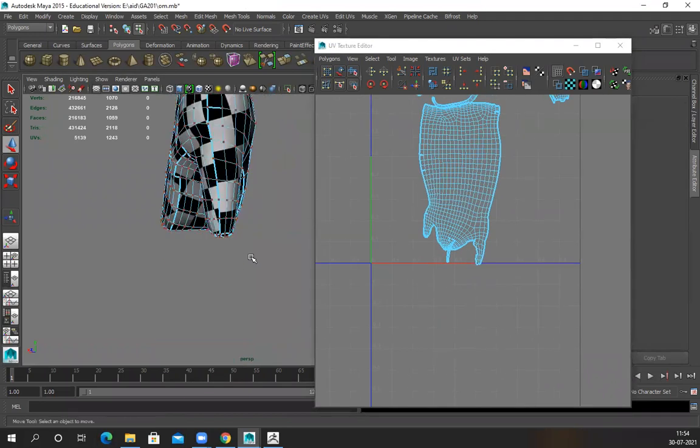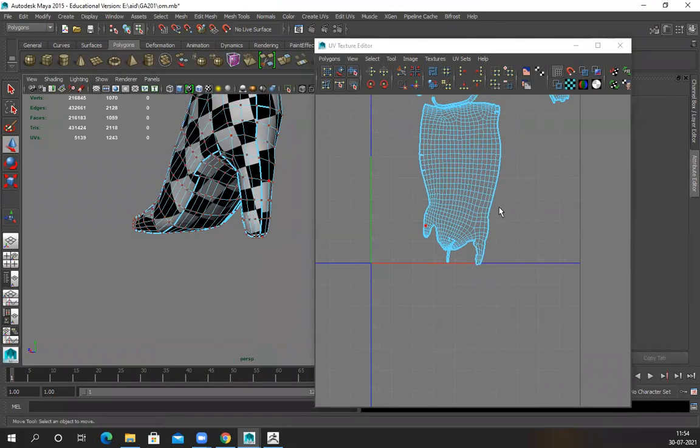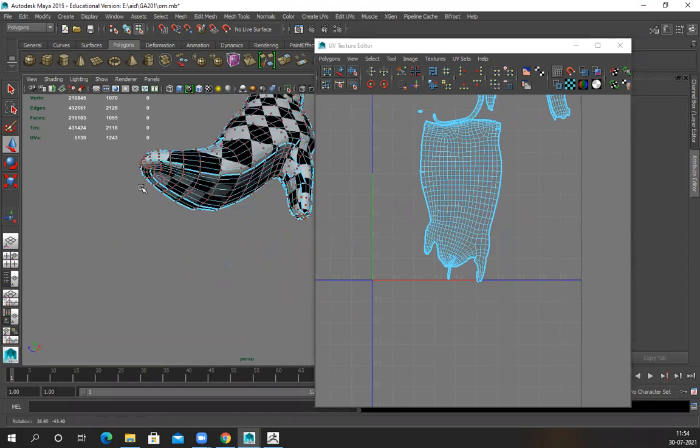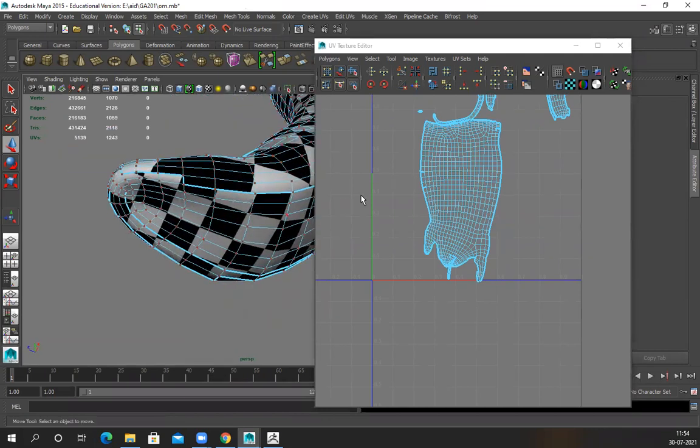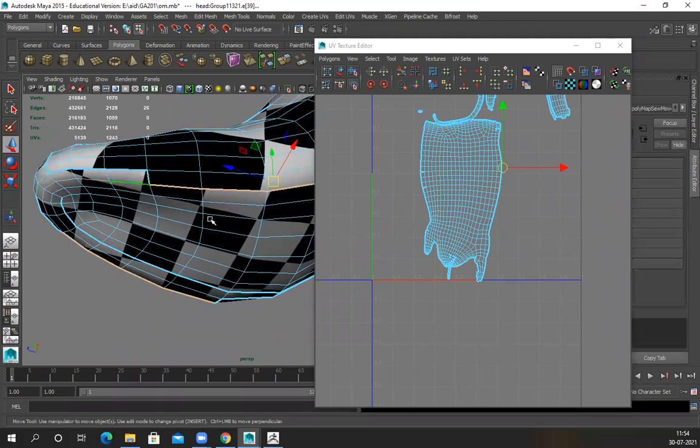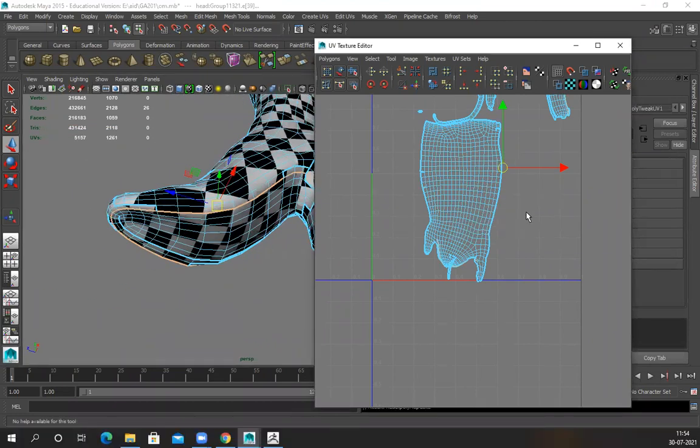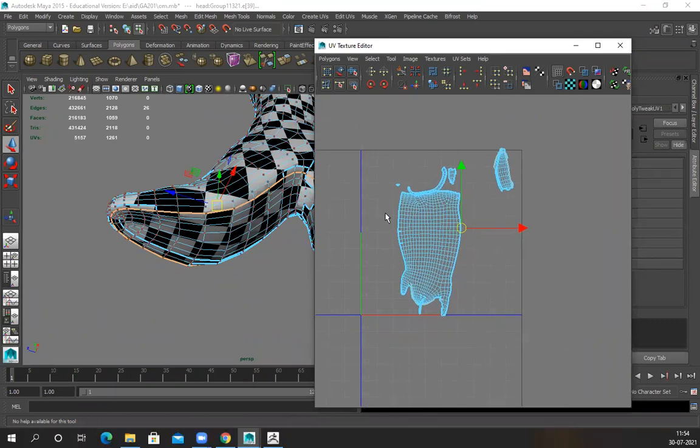You can see, if I keep this thing separate, unwrapping becomes super easy. And the base, yes, this base also has to be kept separate. This is something I cannot combine. Cut it, keep it separate.